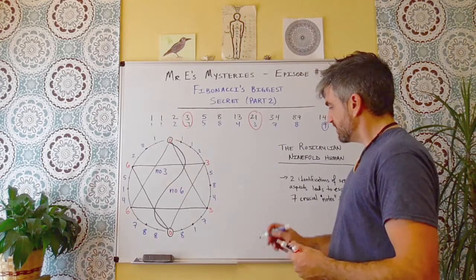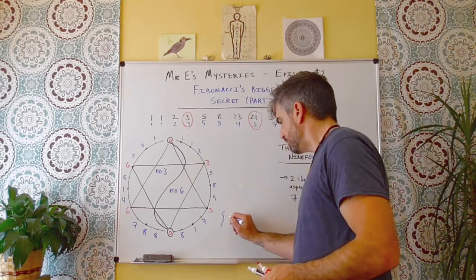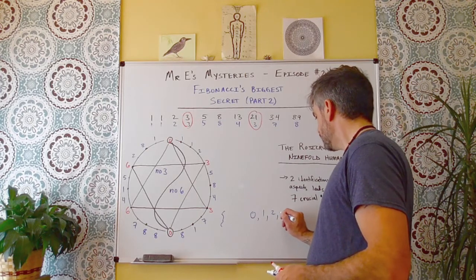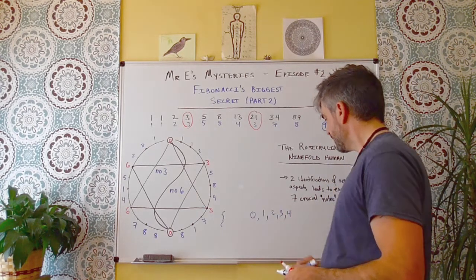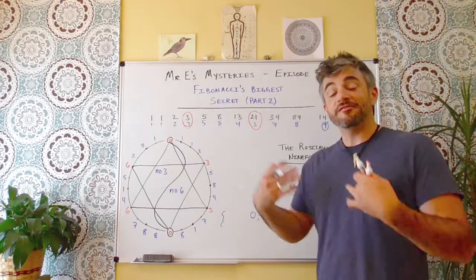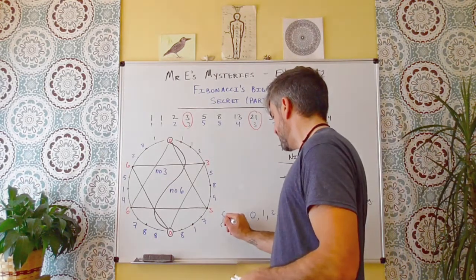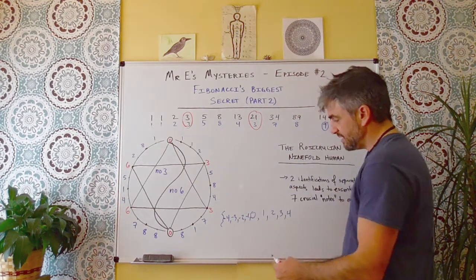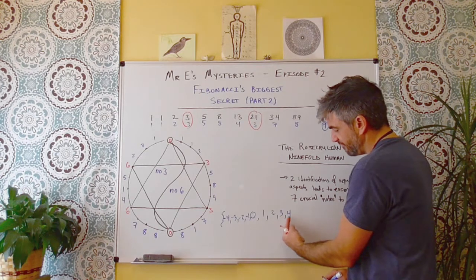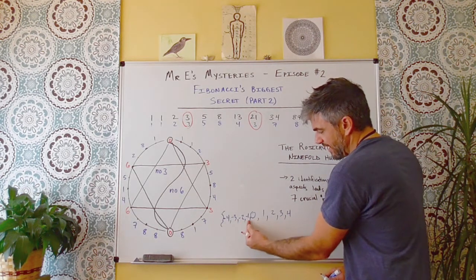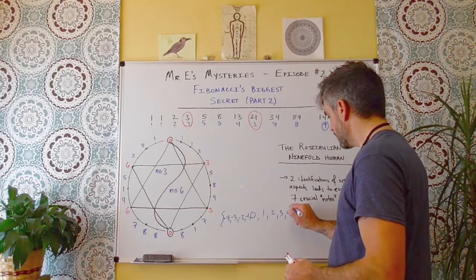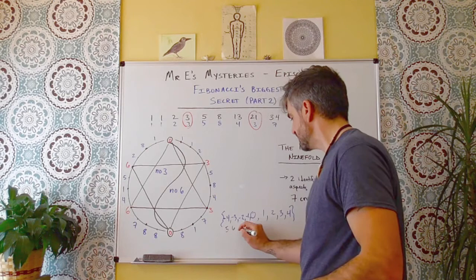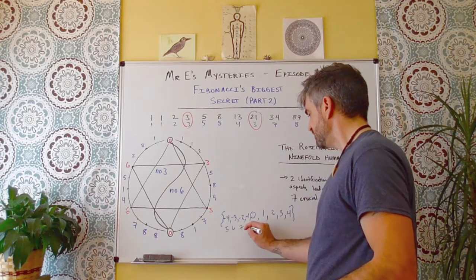So again, the Mod 9 cycle really is 0, which is our middle, and it goes up to 1, 2, 3, and then 4 is about as high as it goes because the negative 4 is actually 5. So we have negative 4, negative 3, negative 2, negative 1, and we see that this is 0, 1, 2, 3, 4, 5, 6, 7, 8, 9 becomes 0 again. So I can see that 5 is negative 4, 6 is negative 3, 7 is negative 2, and 8 is negative 1.